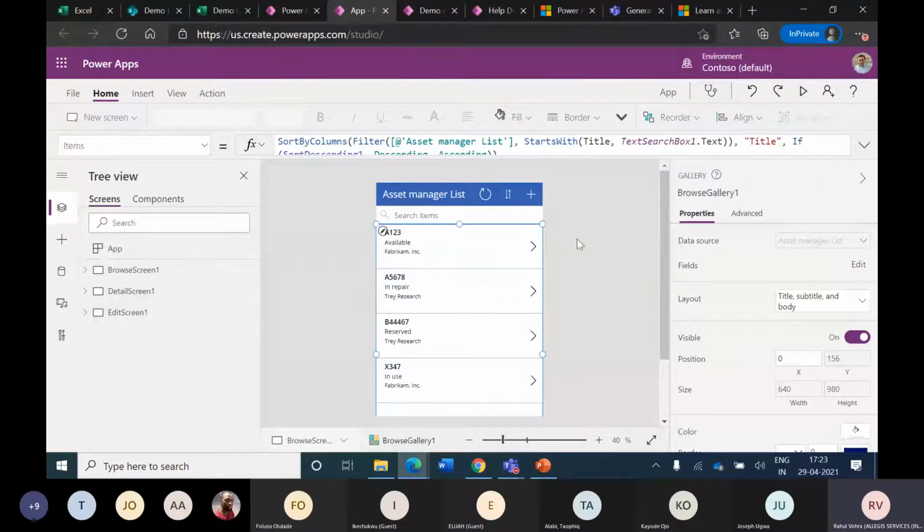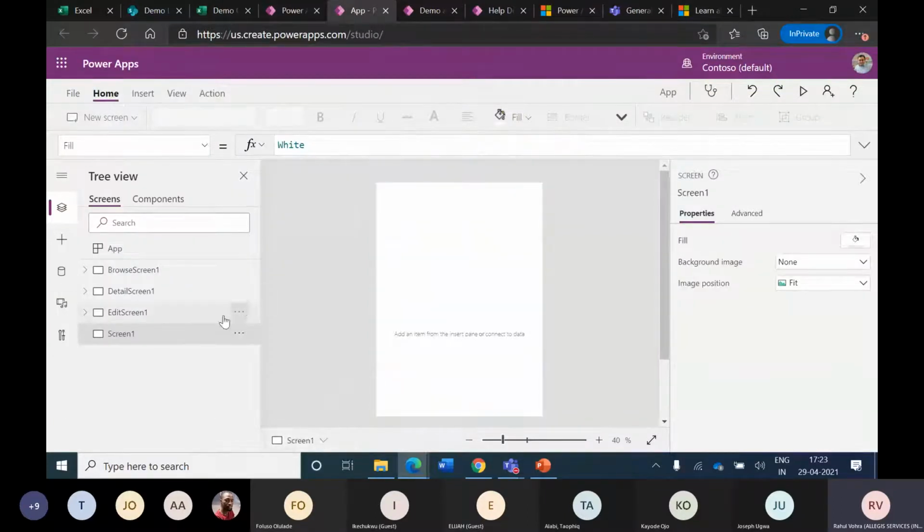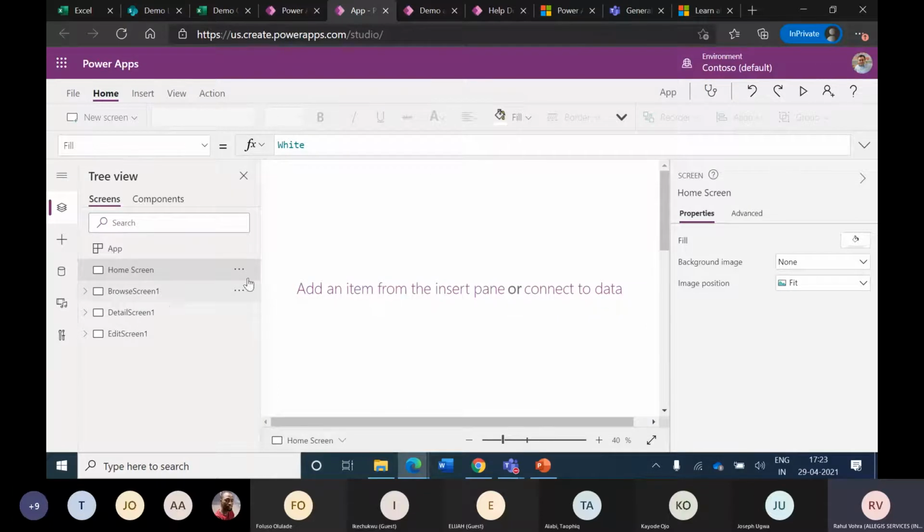So suppose we want to make changes to this one and I want to add a new screen, just like the one we have seen in the case of the template based app, I can always come here and make an addition. Say a new screen I have added here, and I want this to be my landing page. Once this is added, I am moving it up and I bring it to the first level here, and instead of default Screen1, I'm calling it Home Screen. Yeah, so here is my home screen now.